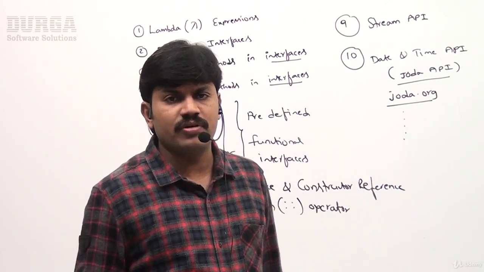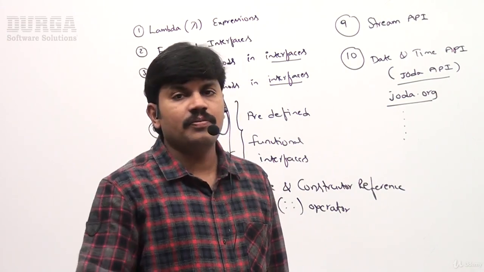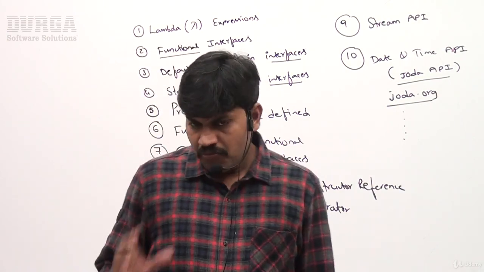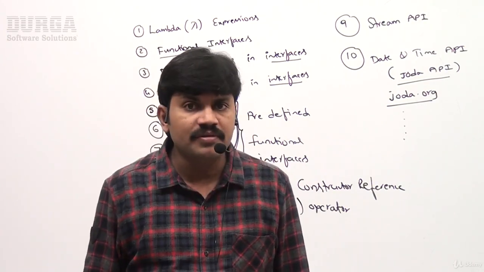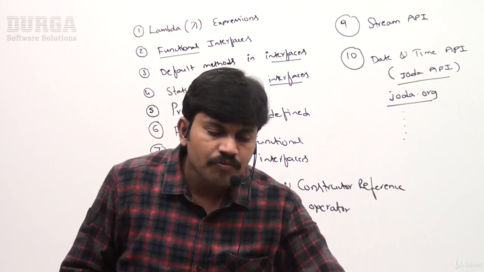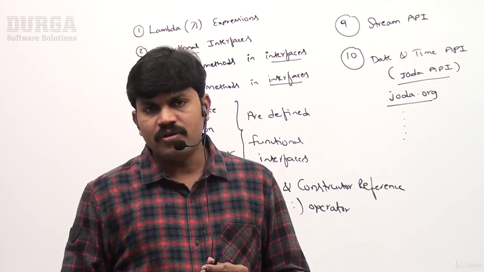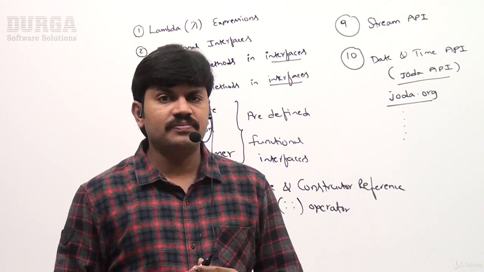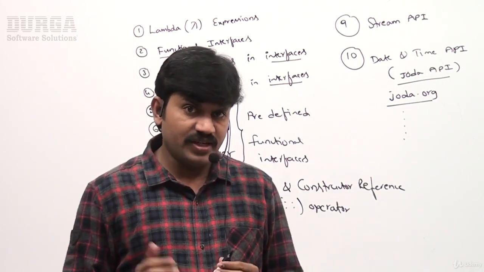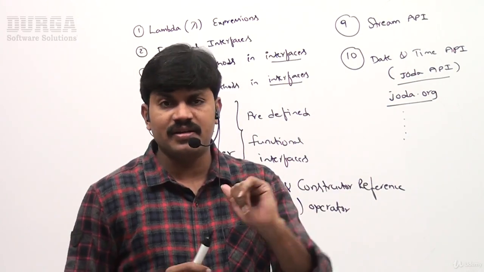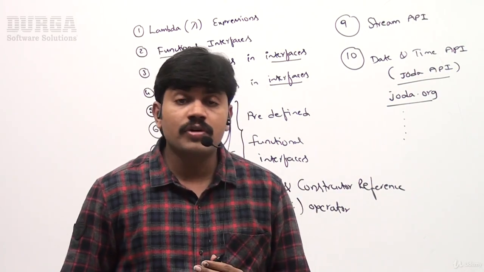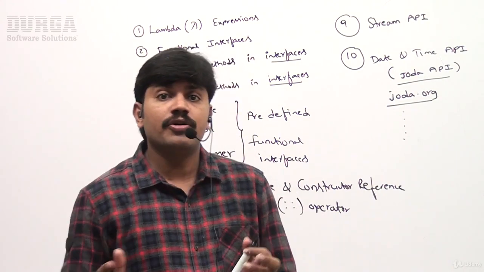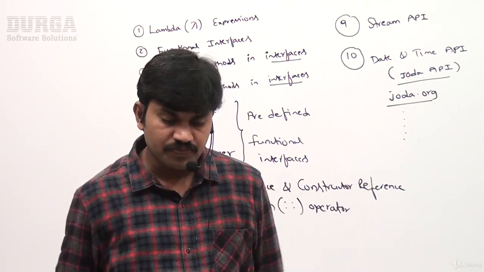These are the things we need to discuss. These are the things which came as part of the Java 1.8 version. But what is the speciality of this Java 1.8 when compared with the previous versions? So, you know, the first version of Java came in 1996. Java 1.0 came in 1996, right? But now it is almost 2017, so 21, 22 years ago is when Java came.